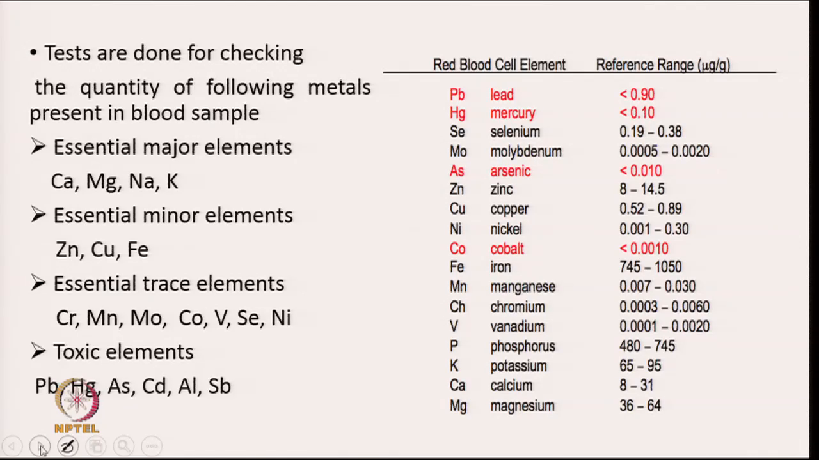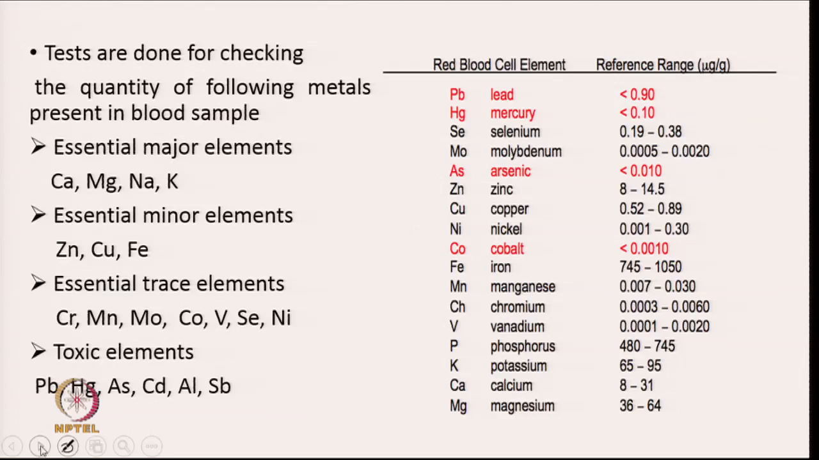The essential major elements are required, and if the concentration of these metals is lower in our body, that can create problems. For example, if there is no iron, then a person is in an anemic condition and is suffering from anemia. So, low concentration of iron is not good. Similarly, a high concentration of iron is also not useful. So, you need to have a balance of iron in our body,